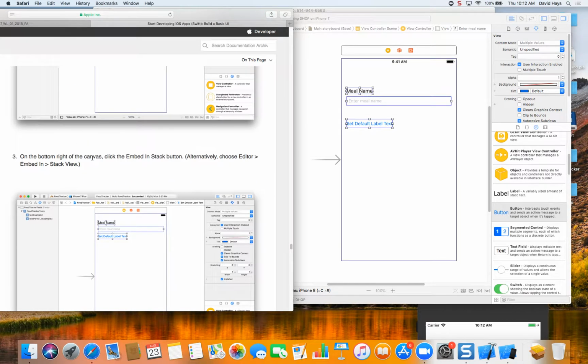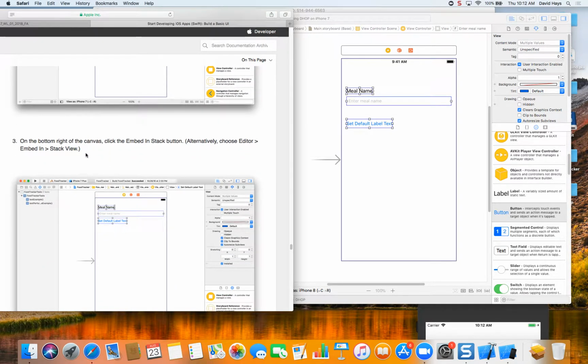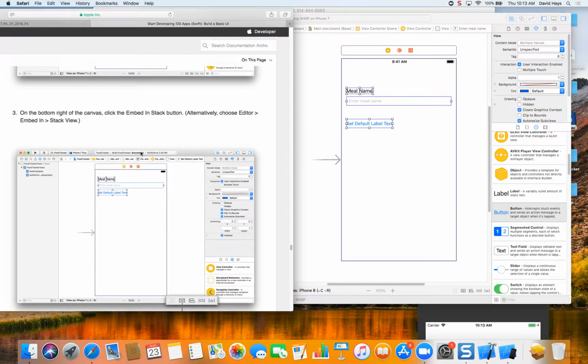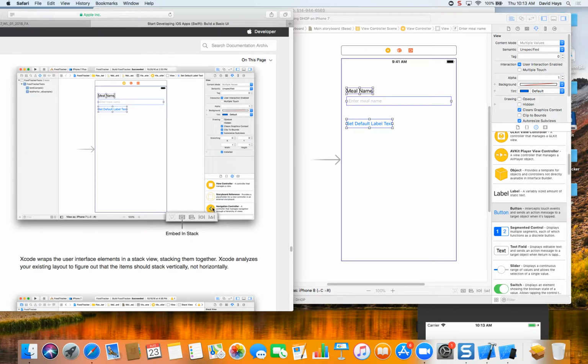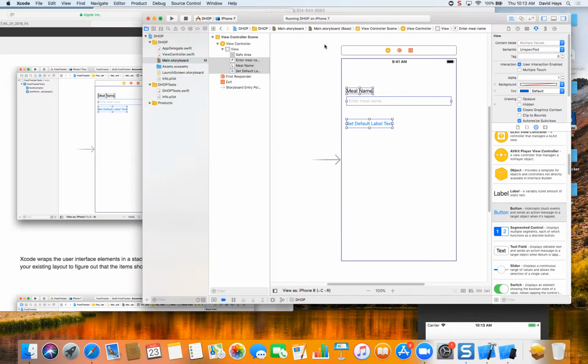So we got them all selected. Then it says on the bottom right of the canvas, we want to click the Embed in Stack button, and alternatively choose Editor, Embed in Stack View. They kind of got this blown up a little bit. You see it's like 3 boxes with an arrow. It's supposed to be like a stack of something, and then the arrow indicating that you're adding it to it. So if I go back to my window here, and I choose that,